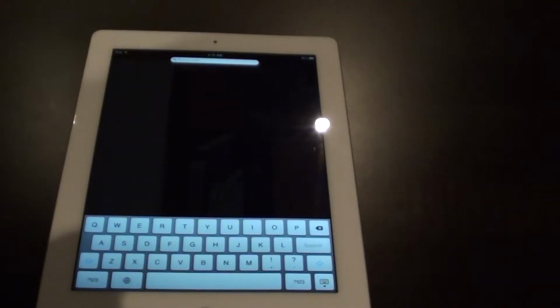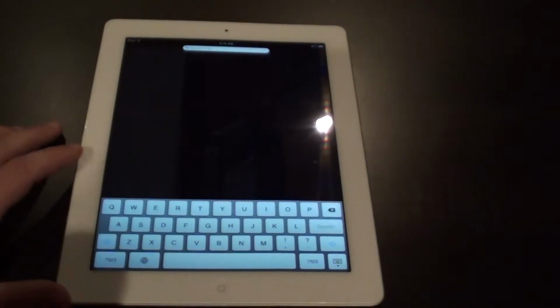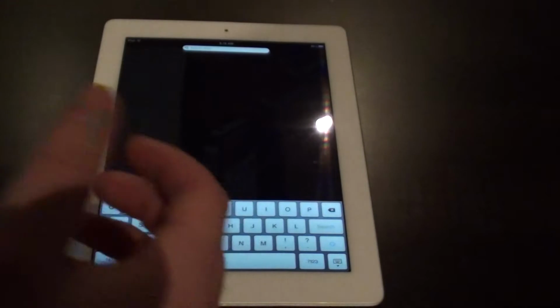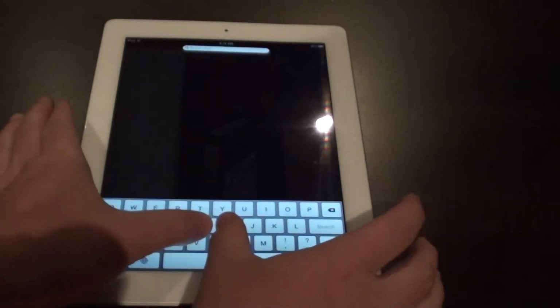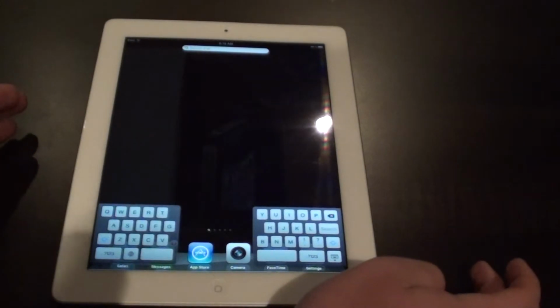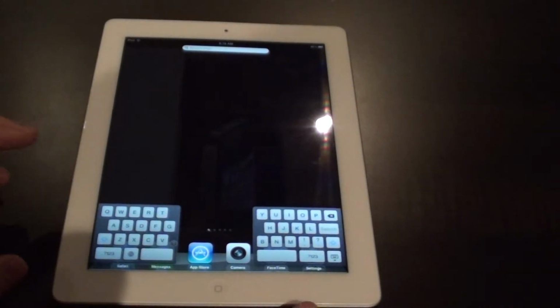Now one thing that a lot of you might not know is on the iPad, of course, you have a big, wide keyboard. And some of us might find it fairly hard to type on a keyboard that's this wide while holding the device. So what you want to do is grab with your thumbs in the middle and pull outwards. That's going to split your keyboard in two,